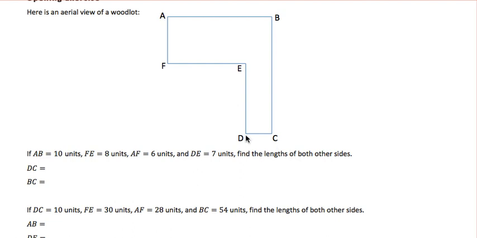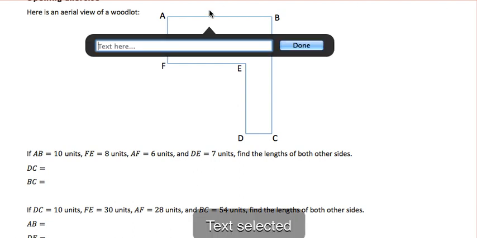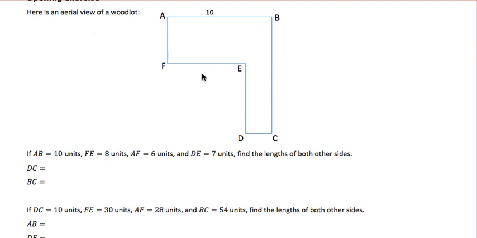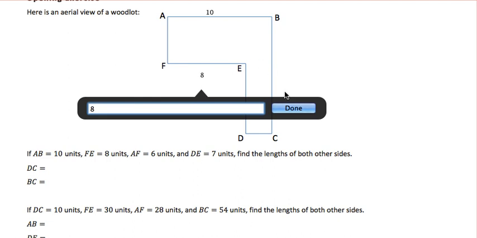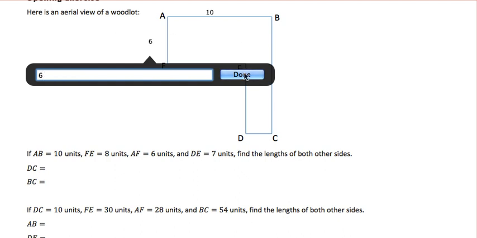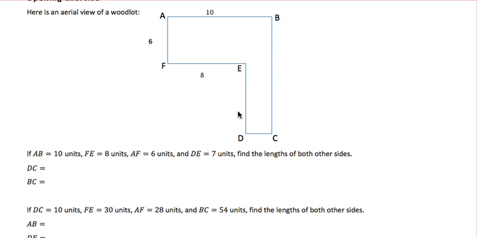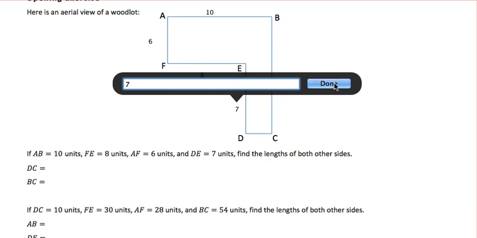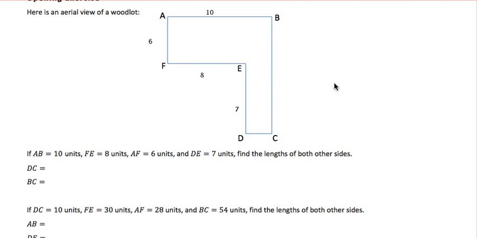So looking at DC, remember we were told, and let's label, we were told that AB is 10, FE is 8, AF is 6, and DE is 7. It's important to label because once you label, then you will be able to see a little better the dimensions that we're looking at. So DC